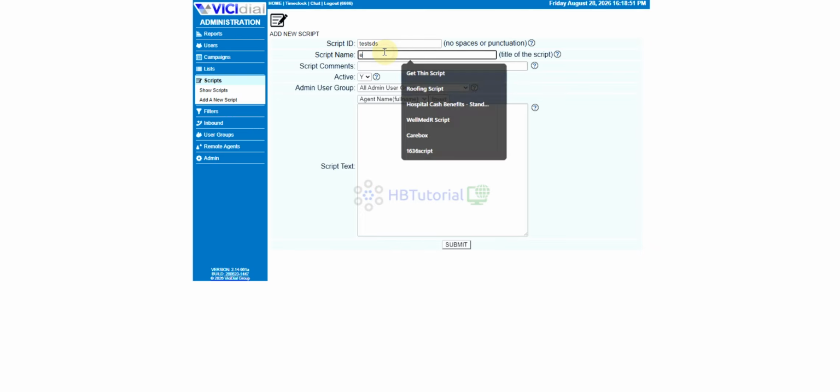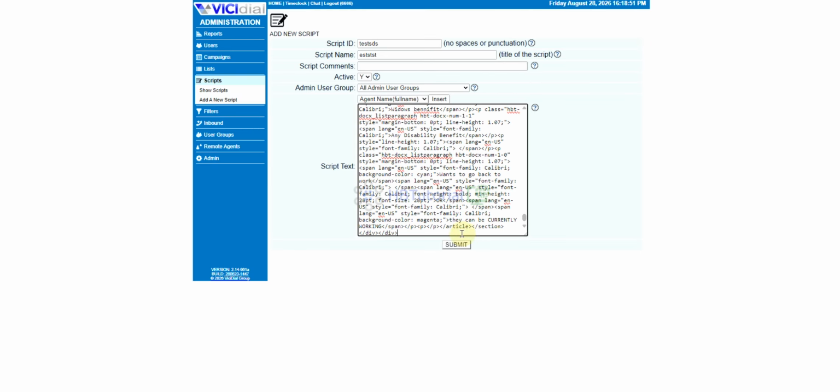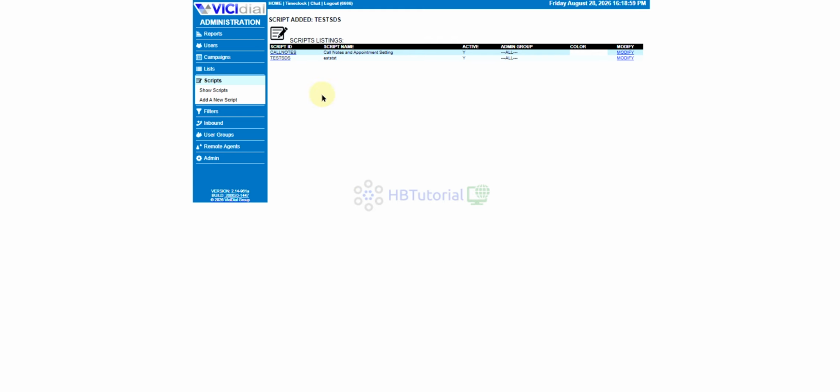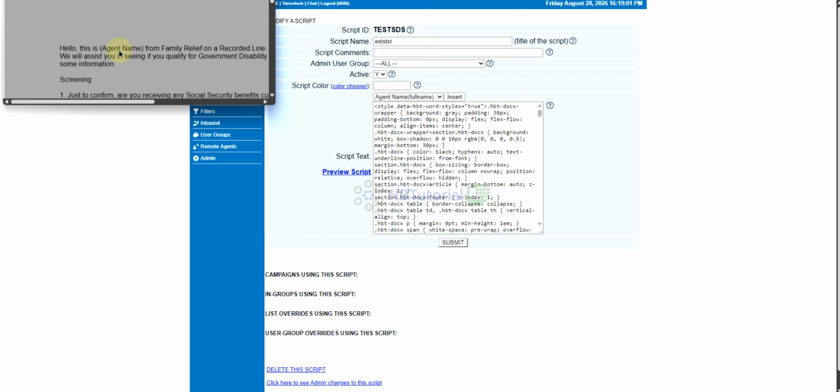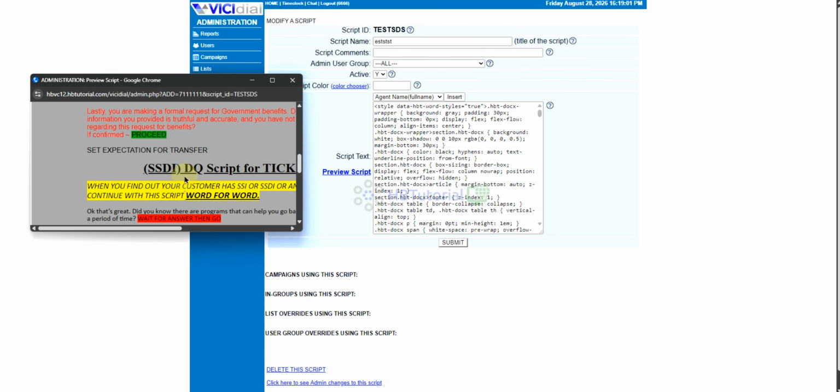Need a space here, submit. And then when you open it, you will see almost the same format as on our page.